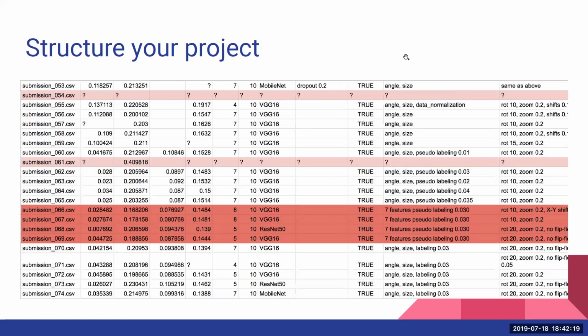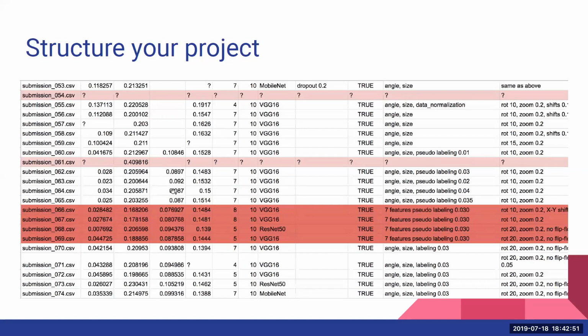Nah. I usually use a spreadsheet. It works. I'm sure there are many other solutions that are nicer than that, but it does a job, you know. You have the submissions, and the idea is that you just keep track of everything you do. So you have sort of a description, you have your scores. Usually it's a local cross-validation score plus the public leaderboard score plus the private.